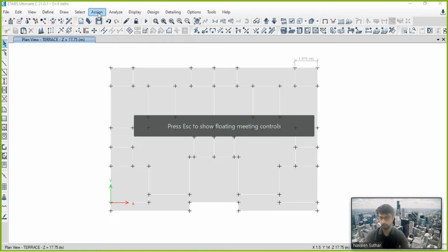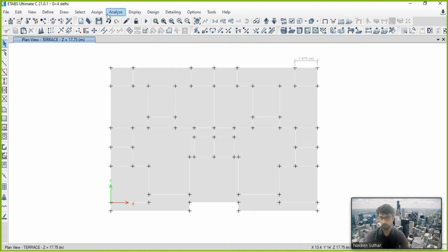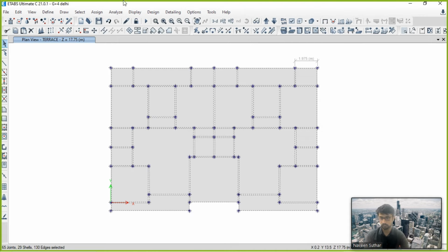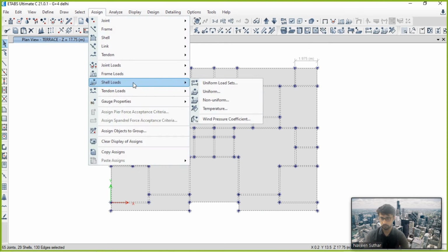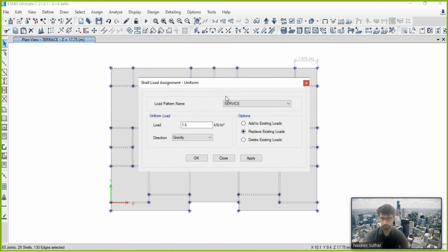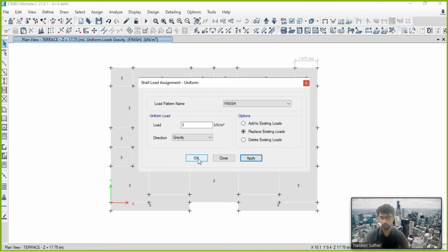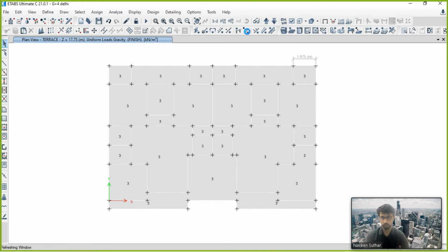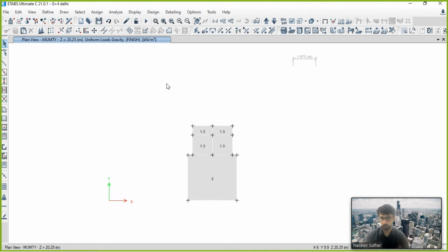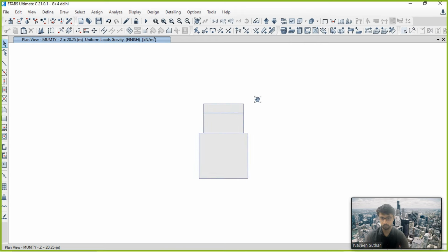So we will select the slabs here. 29 shells are selected. We will assign the shell load uniform, and it should be 3 as finish. Okay, and apply, and okay. Now we show all. Now we have to add